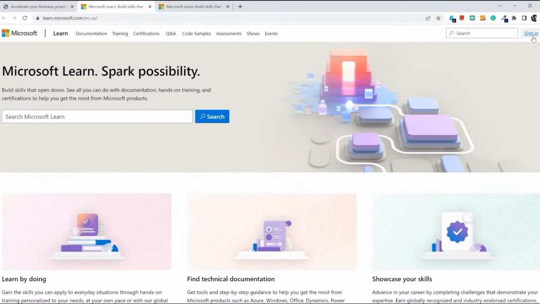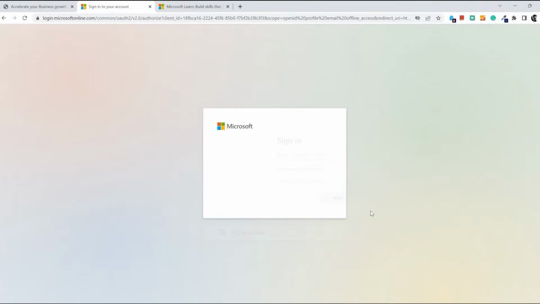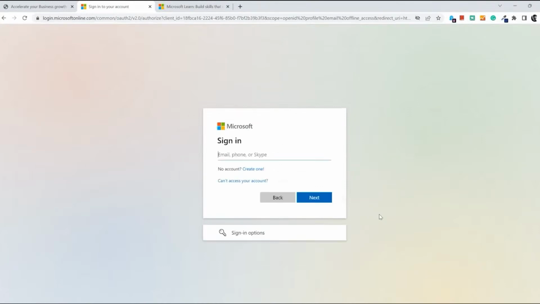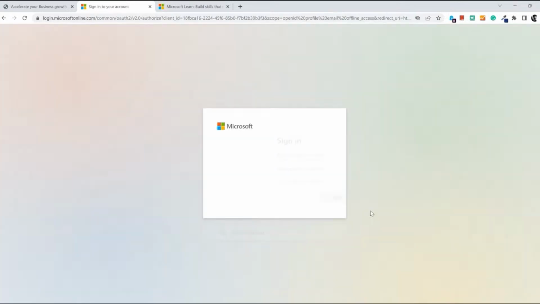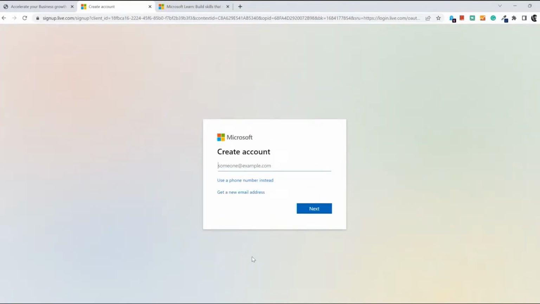Once you click on this, you can see the credentials that is required here, which is a Microsoft account. You can use your personal or the professional Microsoft account to sign in. In case you don't have an account, you can click on the create one option and you can follow the instructions to create your own account.